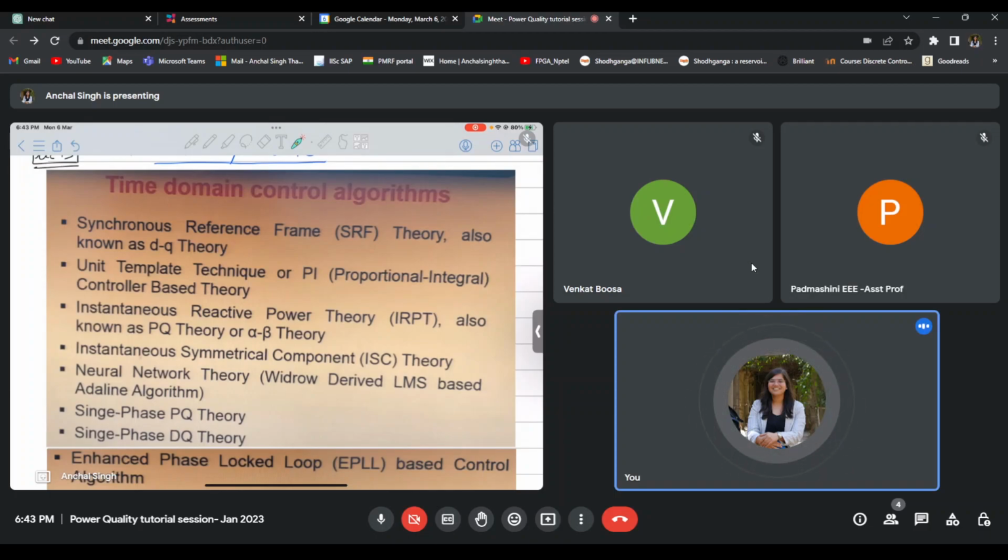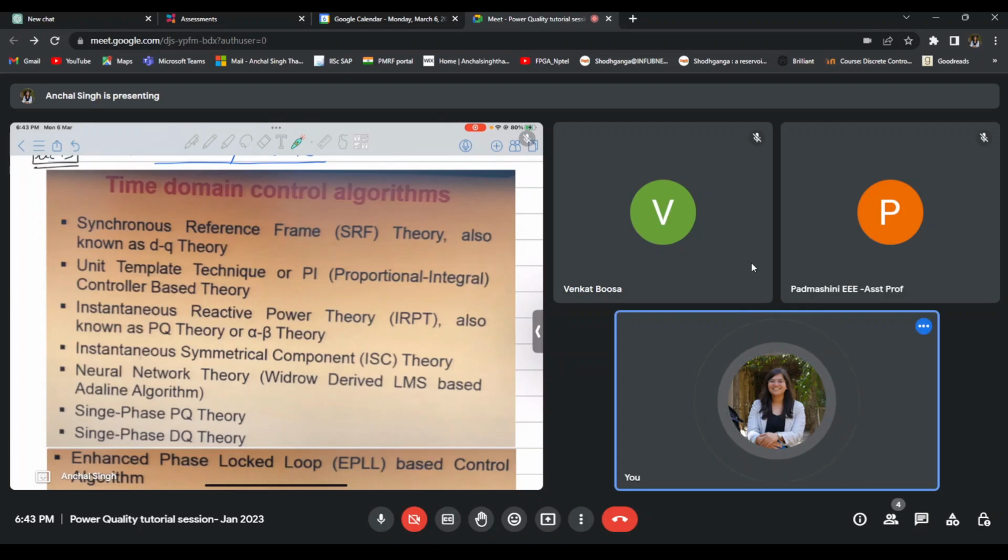As we have already discussed, in frequency domain we first have to transform the time domain signals into frequency domain and then do the computation. Whereas in time domain control algorithms, we already have signals in time domain and we just have to do the computation part. Since an additional step is involved in frequency domain control algorithms,